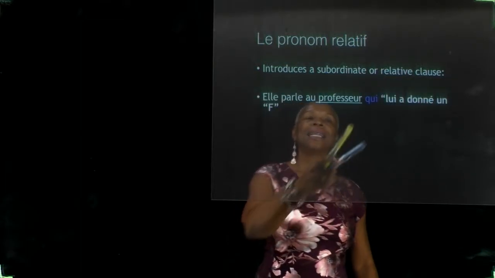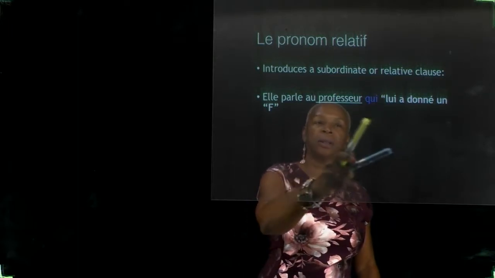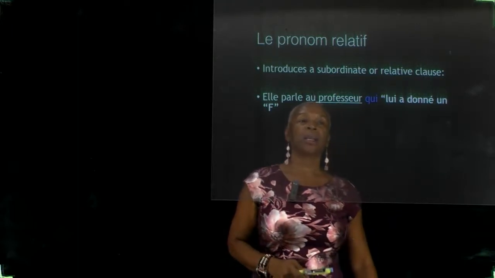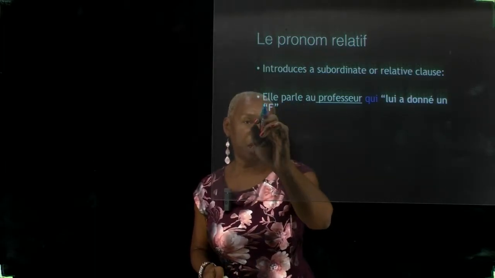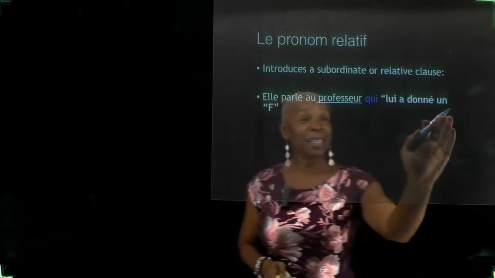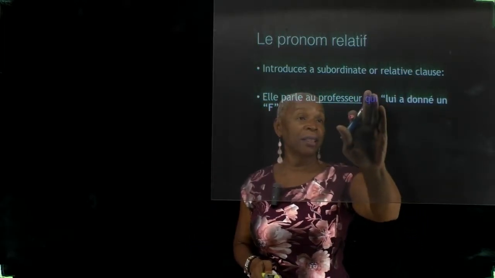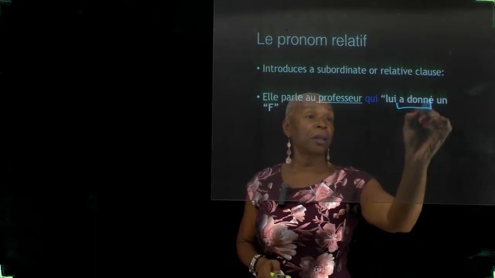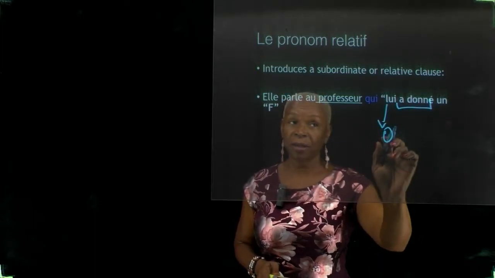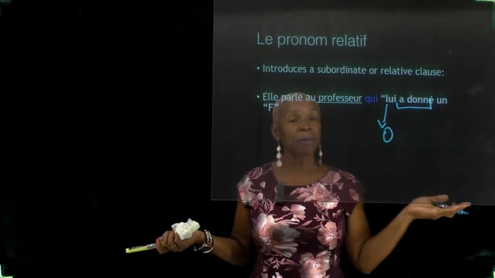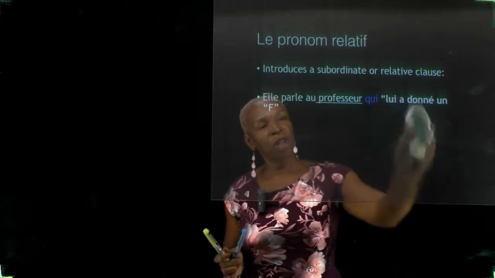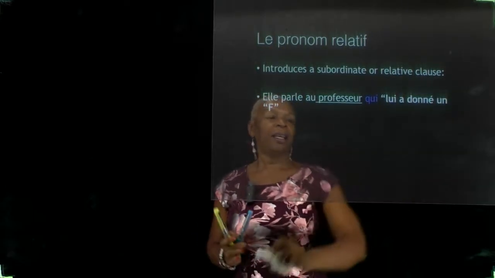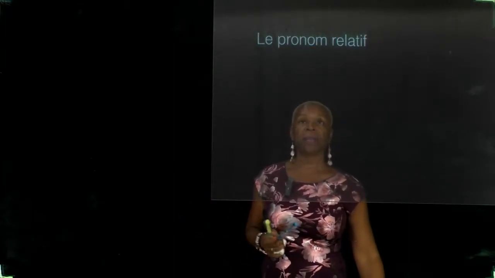Elle parle au professeur qui lui a donné un F. Okay? Qui remplace le sujet. Okay? Why do I say to replace the subject? Because see, in this sentence, you already have a subject and a verb, okay? But in that sentence, if I didn't have that relative pronoun right there, I would have a verb, and this lui here is an object, it's not a subject. So you'll have a verb standing by itself without a subject, and that's a no-no, okay? So you have to provide the subject pronoun, and qui is a subject pronoun, a relative pronoun that is subject,